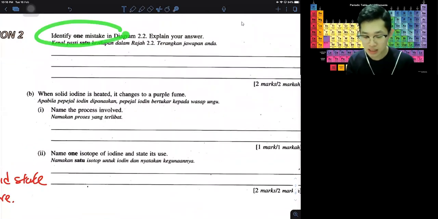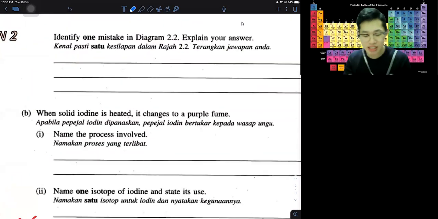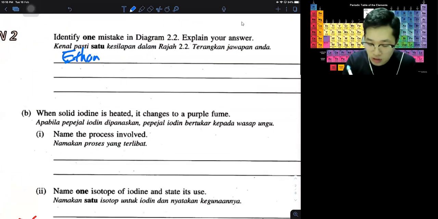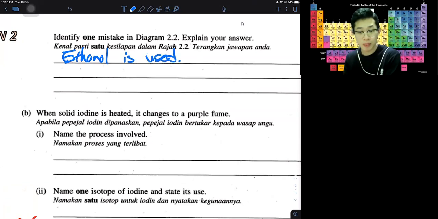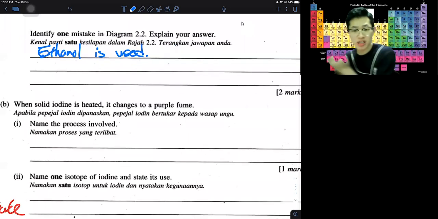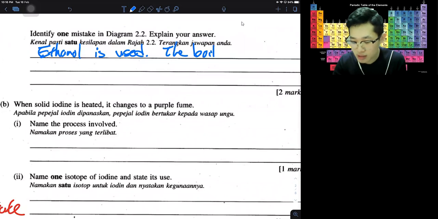Okay, next. The question asks me, identify one mistake in the diagram. Explain your answer. So what is the mistake? Yes, in the diagram, ethanol is used. The mistake is we are using ethanol. Why is ethanol wrong? Yes, correct. Because the boiling point